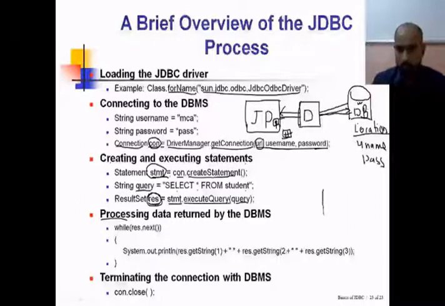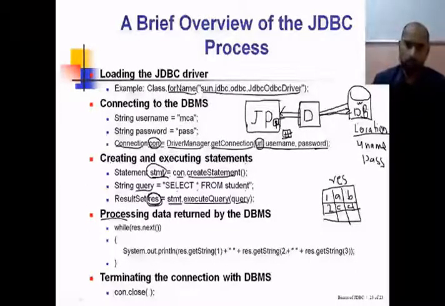Consider this is our ResultSet. As I told you, a ResultSet is like a virtual table which keeps information in a table-like format. Suppose the database has written some rows, and those rows are stored in a ResultSet, and the name of the ResultSet which we have is res. Now this result from the ResultSet we want to display on the screen. That is processing the data. How can this data be displayed?